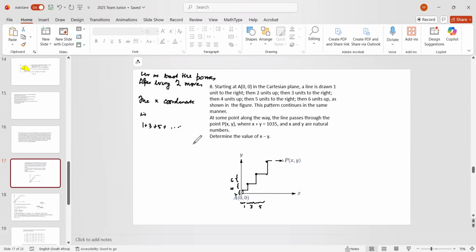Now there's a formula for the sum of odd numbers. It is n squared. I mean the nth sum, the sum of the first n odd numbers. 1 is 1 squared. 1 plus 3 is 2 squared. 1 plus 3 plus 5 is 3 squared. So this formula, so the x-coordinate is that, and the y-coordinate